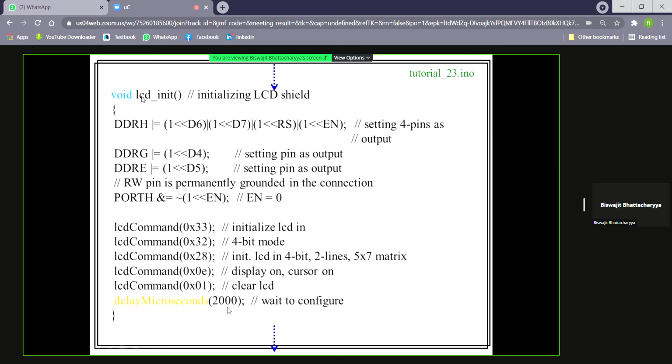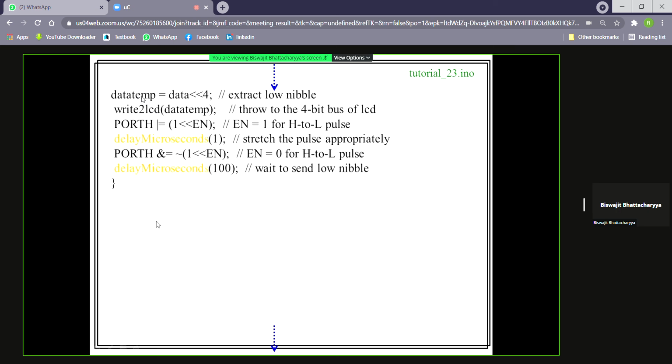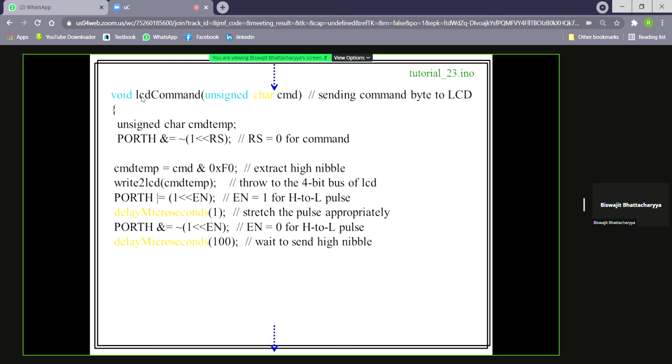Okay, display. We're waiting. Now, what is the LCD command? It is a function. We have to write one LCD command function. Let's see. So it's an instruction write. So go to the LCD command function. See the LCD command.